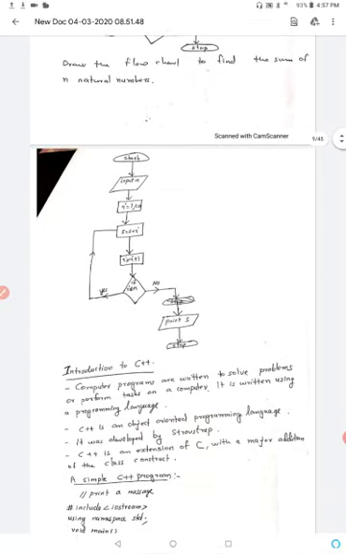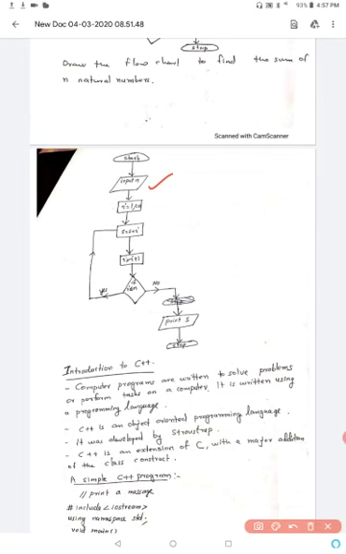So this one you can see in the next flowchart. That is start, input n, then I equal to 1, s equal to 0, s means sum, or you can use the variable sum also, s equal to s plus I, I equal to I plus 1, I less than or equal to n, again we have to add that I value. So this loop continues. Once it is greater than n, we will be printing that s, sum value. So from this we have to understand the loop concept, that is, repeatedly if you want to do something, it should go back and repeat the steps. So here repeatedly we have to do the addition, sum of n numbers.